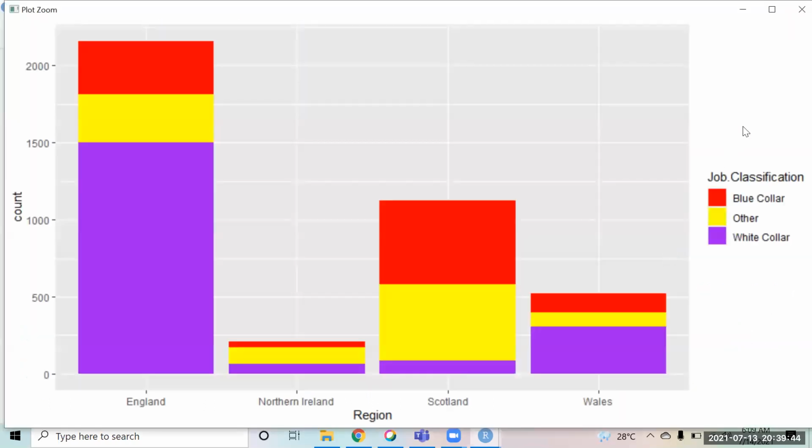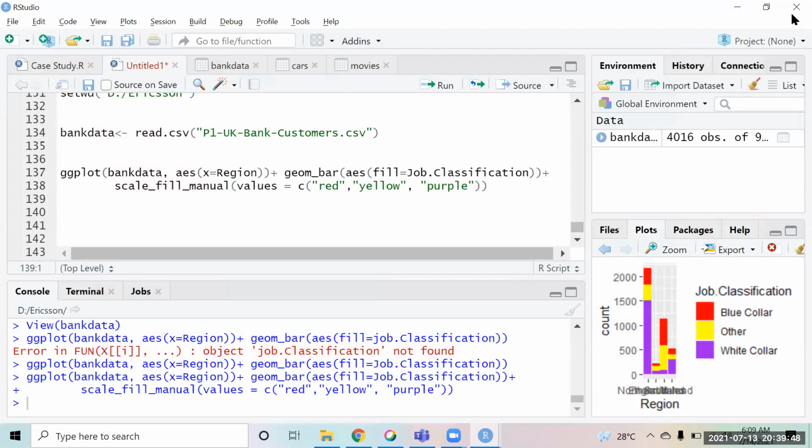Okay. But the colors before you showed, is it a default one? The default colors. Okay. So you have to use scale, fill, manual, right? So basically we are now filling the colors manually. So you define the colors in the same sequence. So first color was blue color, then other, and then white color. So that is how it takes it out.